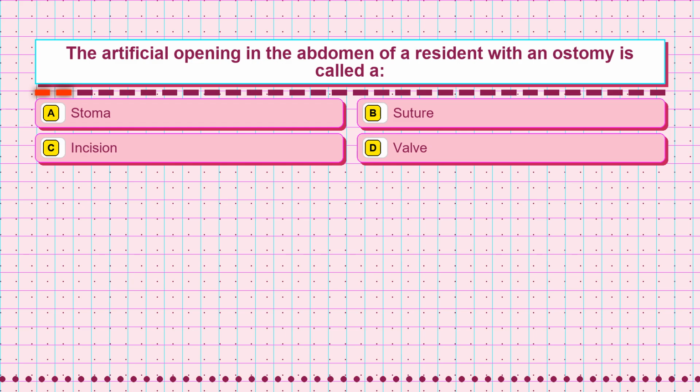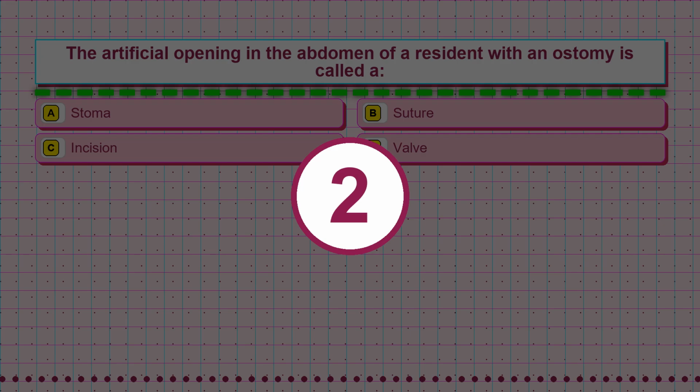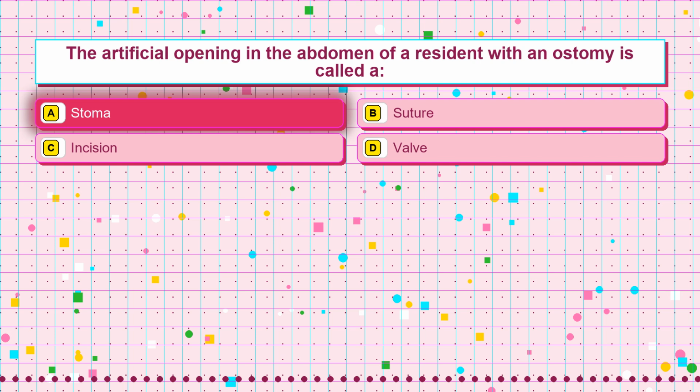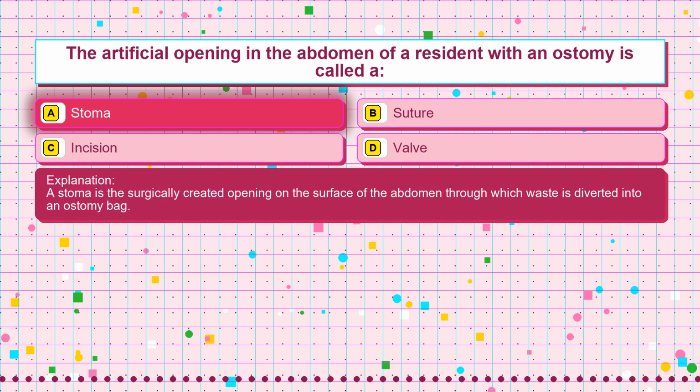Question 1. The artificial opening in the abdomen of a resident with an ostomy is called a. Option A, stoma. Option B, suture. Option C, incision. Option D, a valve. The correct answer is option A, stoma. A stoma is the surgically created opening on the surface of the abdomen through which waste is diverted into an